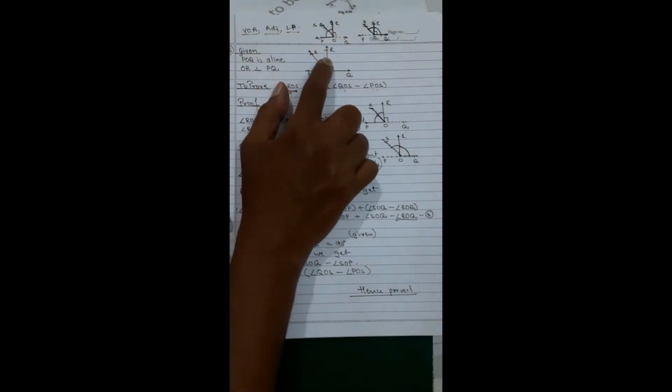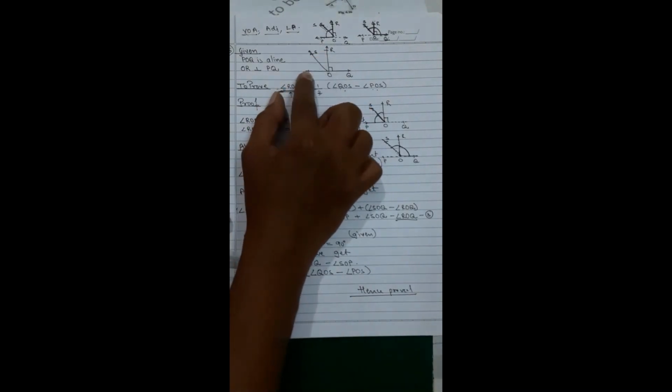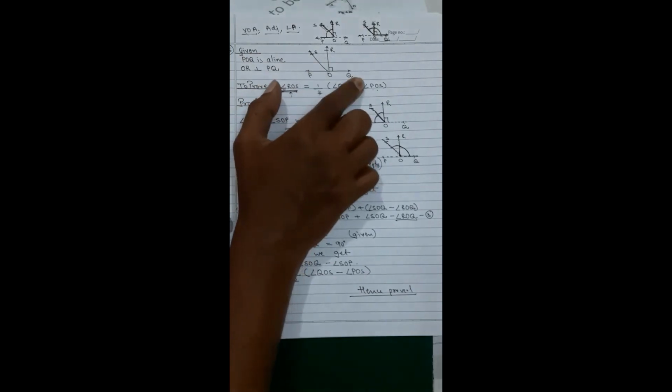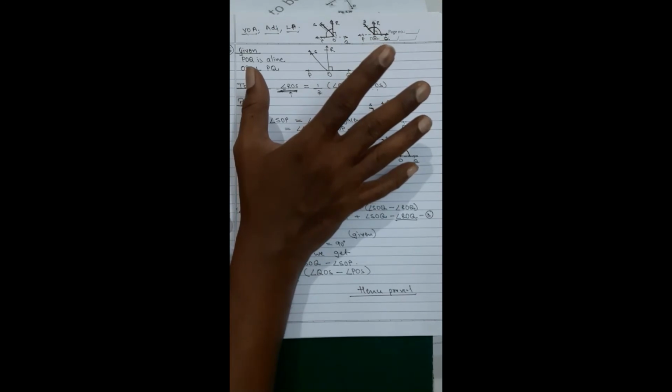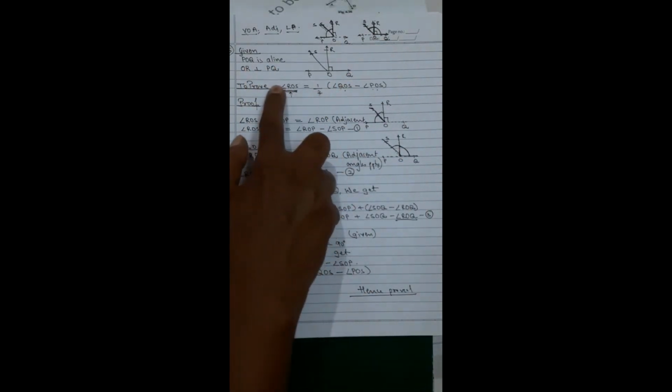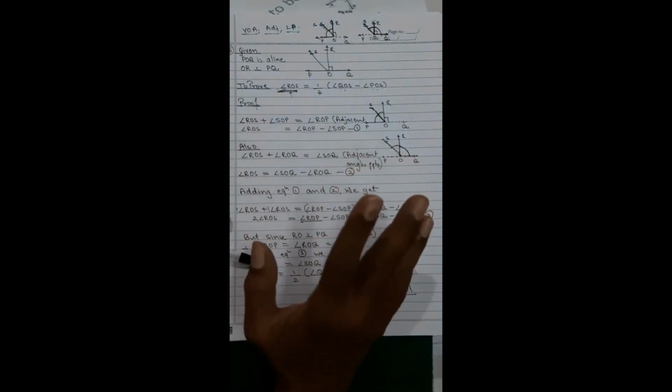ROS is going to easily frame an adjacent angle. If you go on the left hand side, you get some different angle; if you go on the right hand side, a different equation of adjacent angle for the same angle ROS. That's why I took the 2, because then I properly saw it in the figure, that 2 I can take over here. So I framed both the equations, 1 and 2, and I added them so that I get 2 angle ROS. This is my left hand side, completely formed.